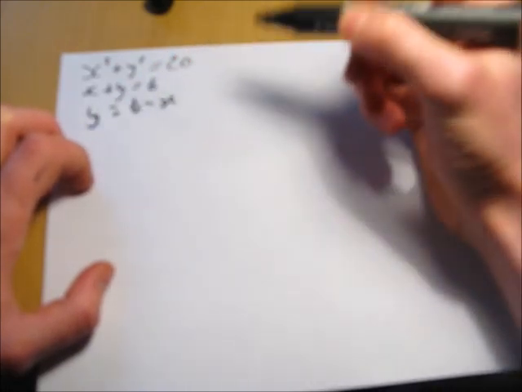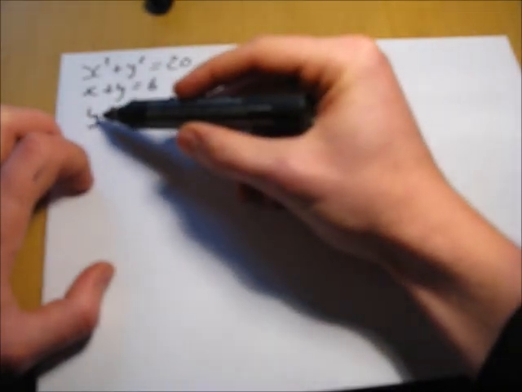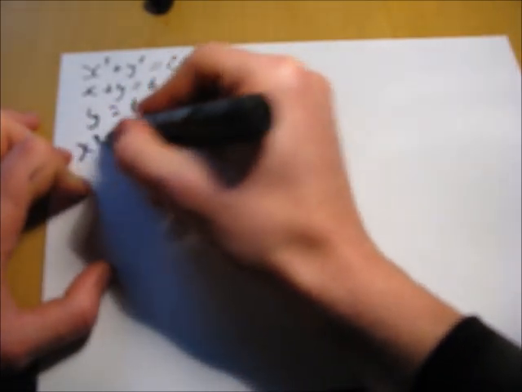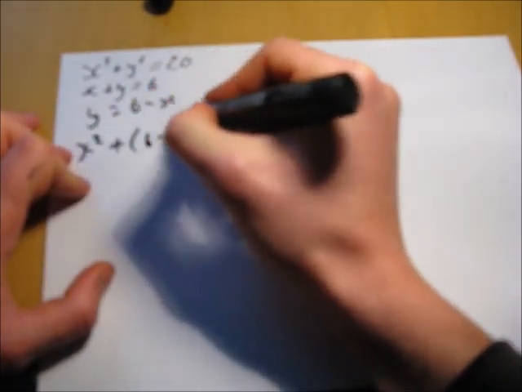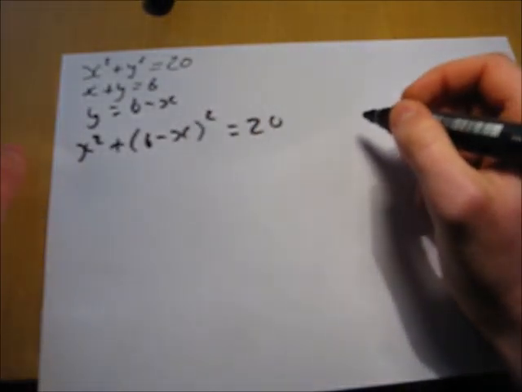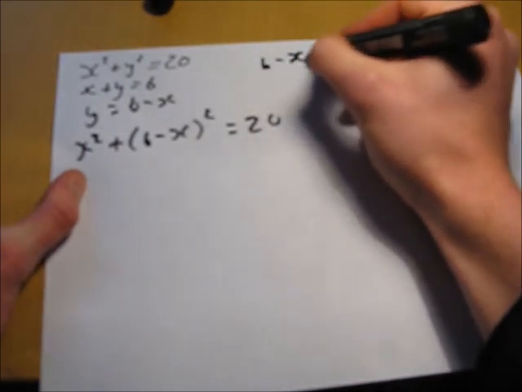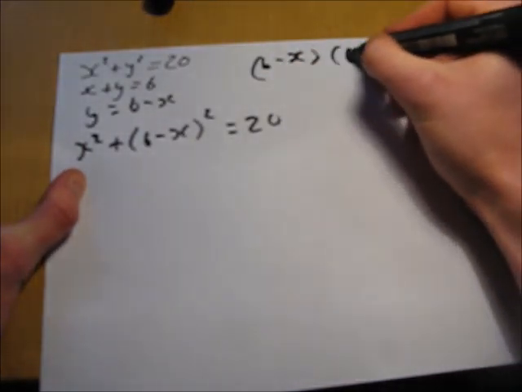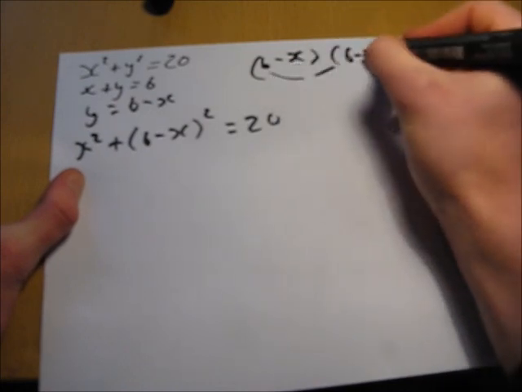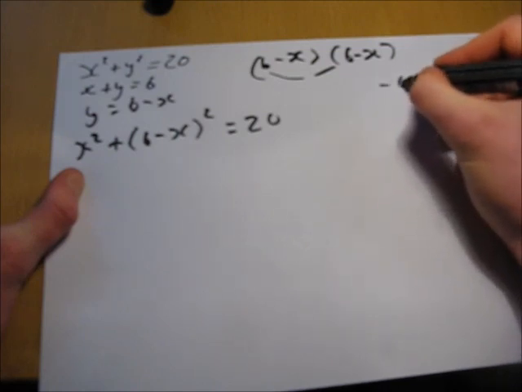Now this y equals 6 minus x is the same for the top equation, so that means that now if you put this y equals 6 minus x into this equation, you get x squared plus (6 minus x) squared equals 20. Okay, we're going to expand this out. So the way you do that is that it's 6 minus x, 6 minus x, going to times 6 by the 6, 6 by the minus x,